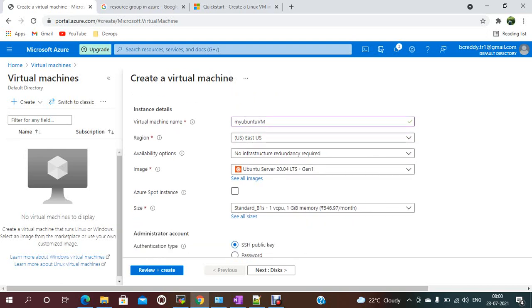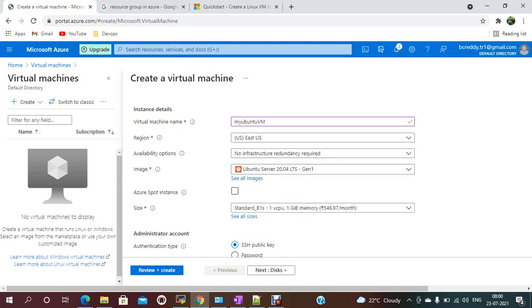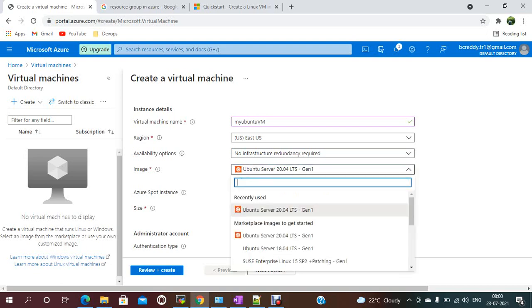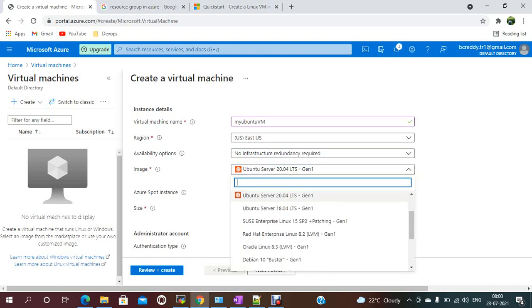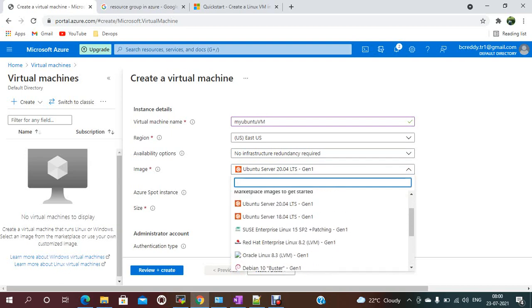For availability option, you can choose no infrastructure redundancy required, or physically separated resources within the Azure region, or anything. And for the image, which image you need, either Ubuntu or Windows or Oracle, whichever your requirement is.